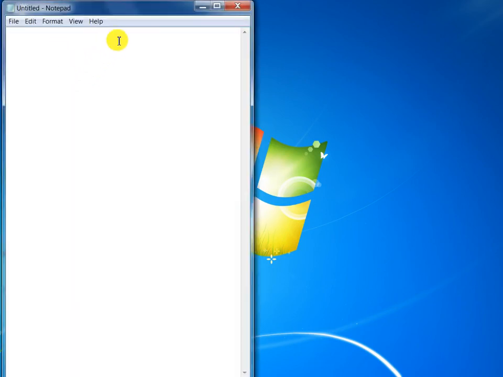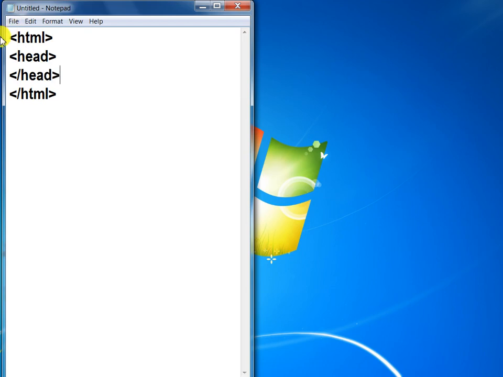To code an HTML program, open the Notepad text editor and type the HTML code. This is the HTML block structure, which includes four major sections.